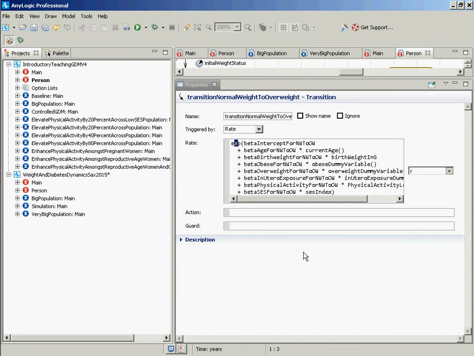So this beta is expressing how much age ends up affecting some hazard function. I probably should have had this whole thing multiplied by exactly what we have in this other model here. In other words, I could have done